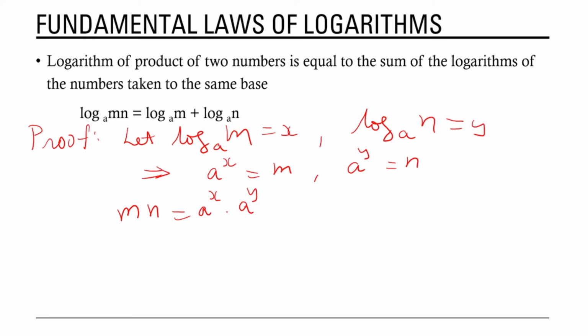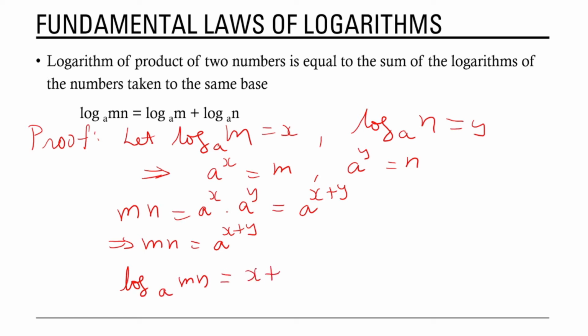You know from the law of indices, if we have a raised to m into a raised to n, then that is equal to a raised to m plus n. So, here we have a raised to x into a raised to y is equal to a raised to x plus y. So, this implies mn is equal to a raised to x plus y. By the definition of logarithm, we have log mn to the base a is equal to x plus y,